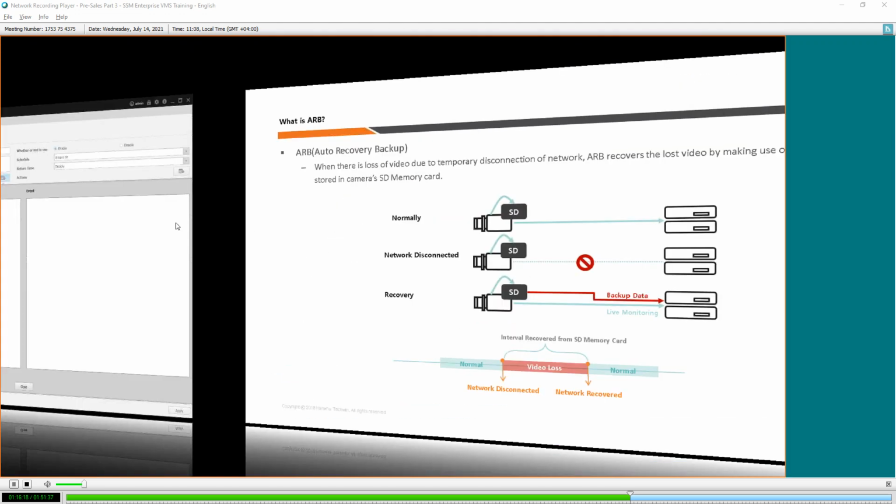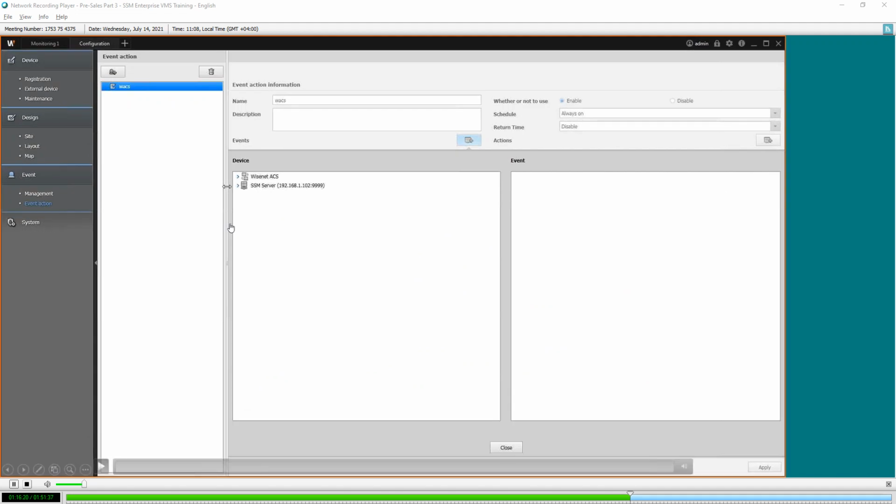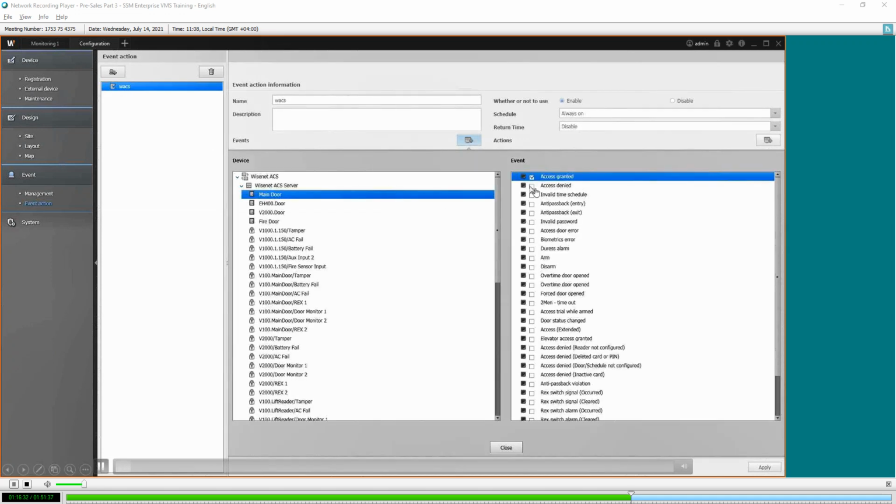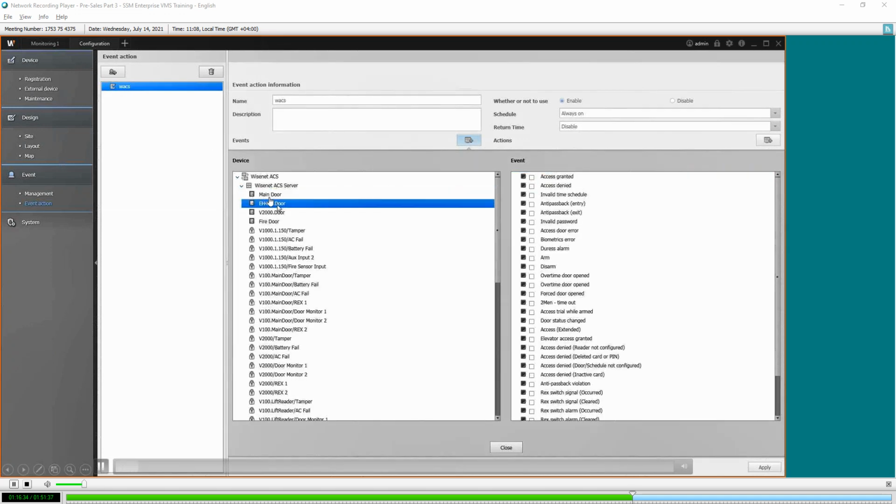Okay, just watch this video on how to integrate to an access control. If you're using WiseNet access control, it is free. But the integration step is very simple. Go to external device, add a server, and then now I will be able to see all the doors from the access control PC or the server. Then I choose event, access event, granted or denied.